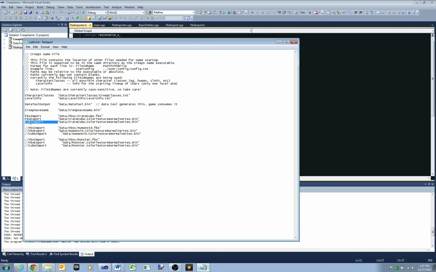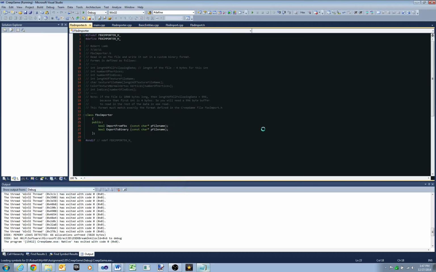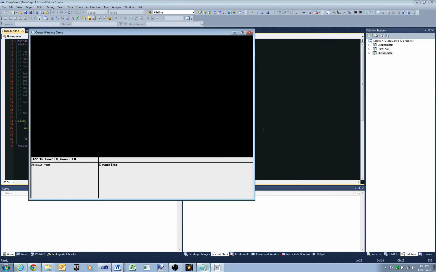So what we're going to do now, though, is instead of having the game read in this cube data, we're going to have it read in this humanoid data that we've already prepared. So I'm going to uncomment this line and comment this line and then save it, and then I'm going to run the game again. F5. I'll select the paddle and start it up,